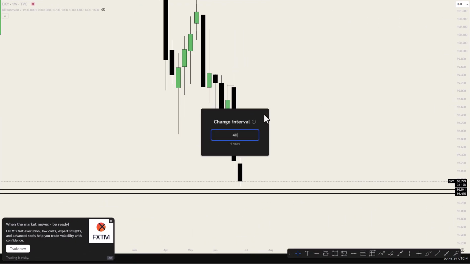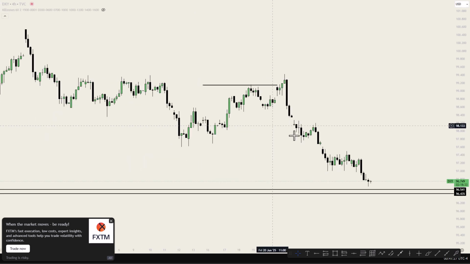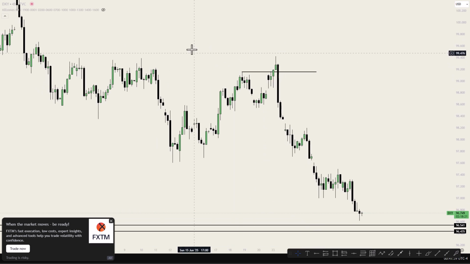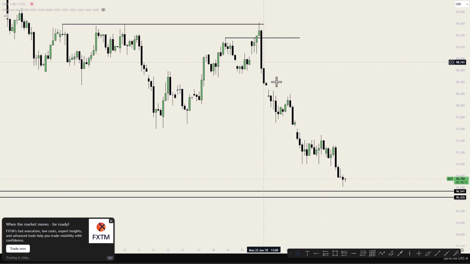So we are moving to the 4 hours time frame. Let's see what the 4 hours is doing. So here we have the 4 hours last week. We see this sweep of liquidity above this high. Note that price has swept this liquidity above this high. We see that this relative or equal highs, price has swept liquidity above it. So right from there, we see price moving bearish.